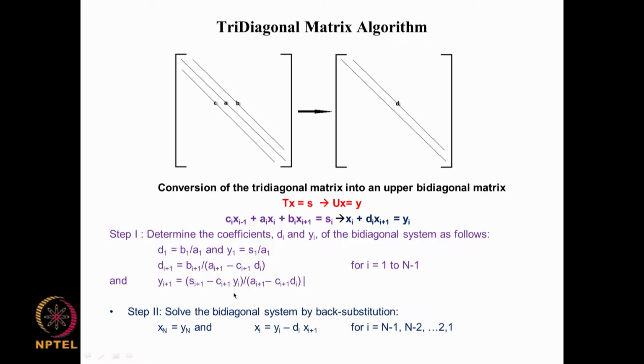So, in that way you can compute the number of arithmetic operations which are required for this, and this will be proportional to the number of unknowns. It is not something that goes as n square or n cubed, it is proportional to the number of unknowns. So, even if you have a very large system of equations, you can solve it very efficiently. So, this algorithm known as the tridiagonal matrix algorithm or TDMA or Thomas algorithm is a very efficient way of solving